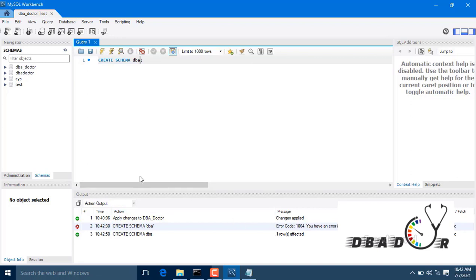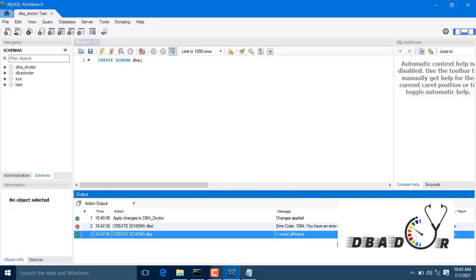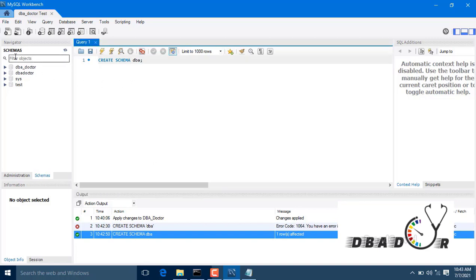Now when I change this, when I remove the single quote, automatically the execution has been completed. Here you can see the output. Okay, like that we can do the table creations, the database creation. Once it is done, what we have to do is refresh this one. Okay, here multiple schema has been created.